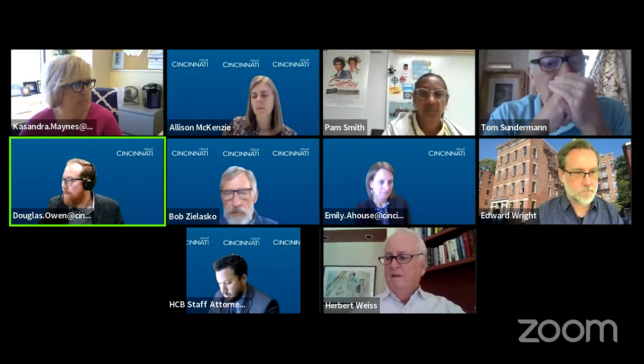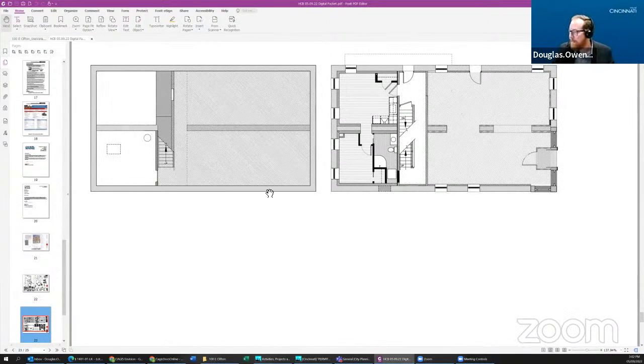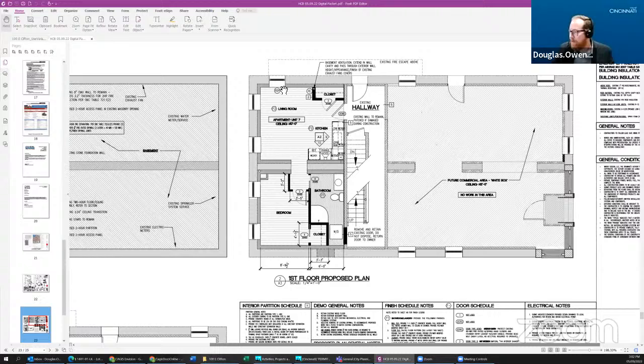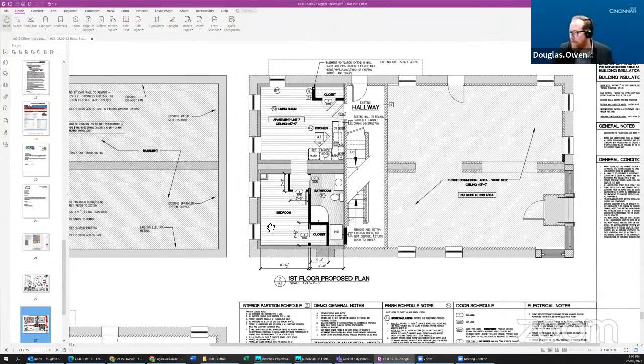So you can see on your screen, or actually you can't yet, sorry, let me share this real quick. Okay, so now you should be able to see on your screen, this is the proposed first floor section, where you can see in this back area of the first floor here is the additional 7th unit. And you can see from the previous proposal, this was the manager's office in this same area. So now it is just proposed to be switched to a dwelling unit with the same size as the former